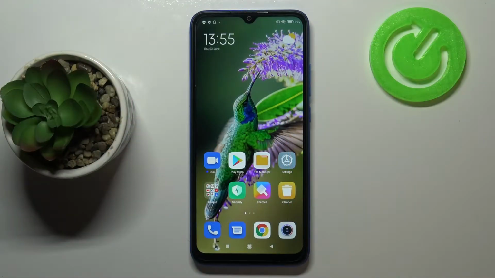Hi everyone, here we've got Xiaomi Redmi 9AT and let me share with you how to update apps on this device. So first of all, just make sure that you've got the internet connection because obviously it is required for downloading something, and I highly recommend to use the Wi-Fi connection rather than the mobile data because your carrier operator may charge you some money. So first of all, make sure that you've got the internet connection, and then let's enter